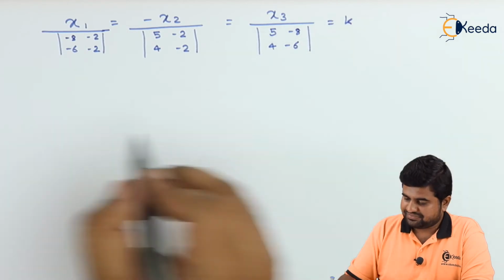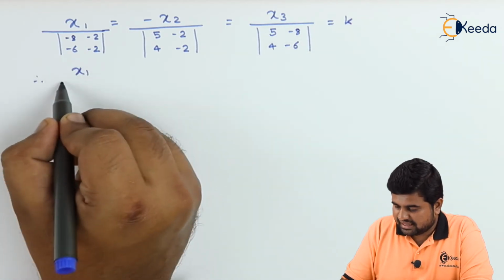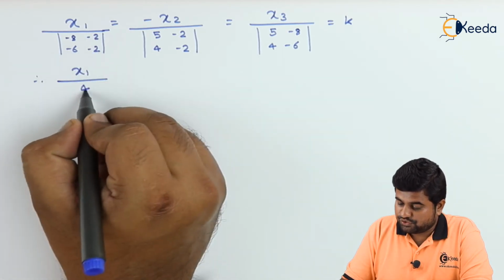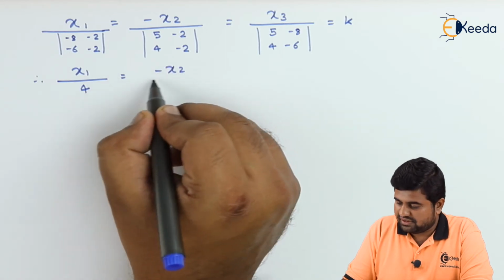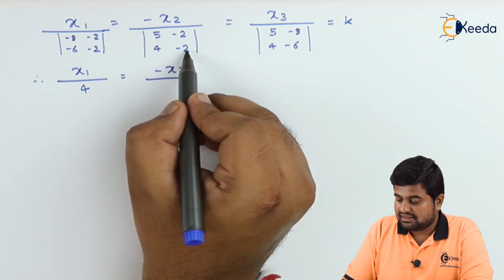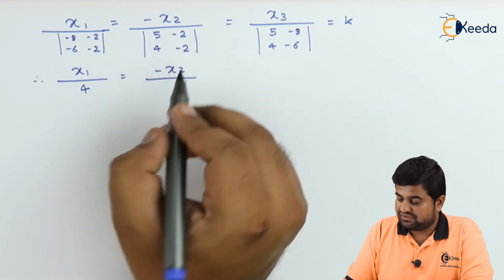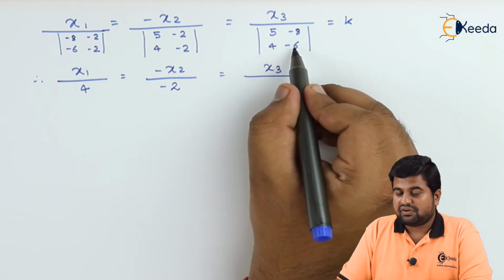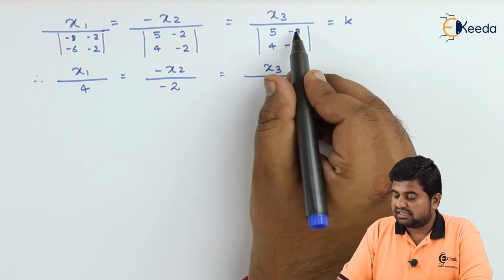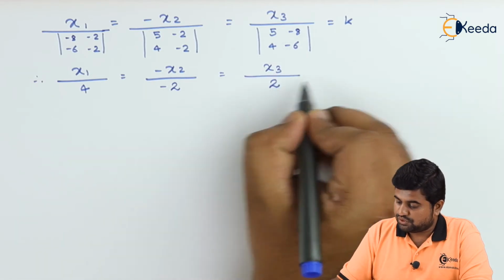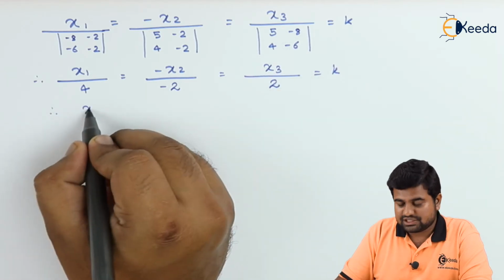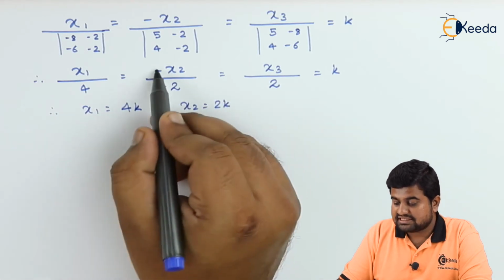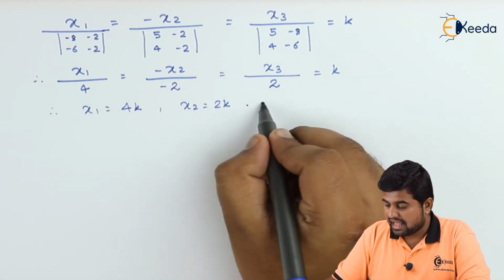Is equal to k. Therefore, let us calculate x1 divided by -8 into -2, which is 16, 16 minus 12, which is going to be 4, minus x2 divided by 5 into 2 is -10, -10 minus -8, which is going to be -2, divided by 5 into -6, which is -30, minus -32, which is +32, which is going to be 2, is equal to k. Therefore, x1 becomes 4k, x2 becomes 2k, as this minus minus sign is going to get cancelled, and x3